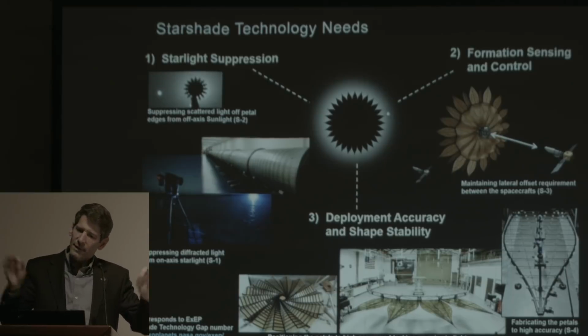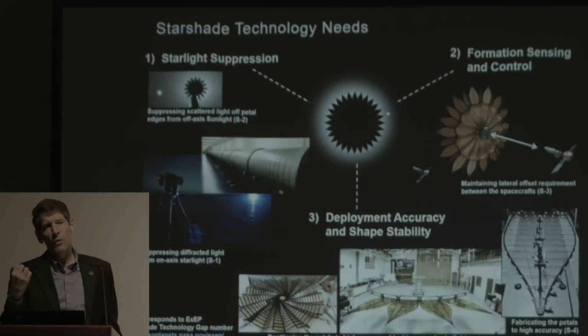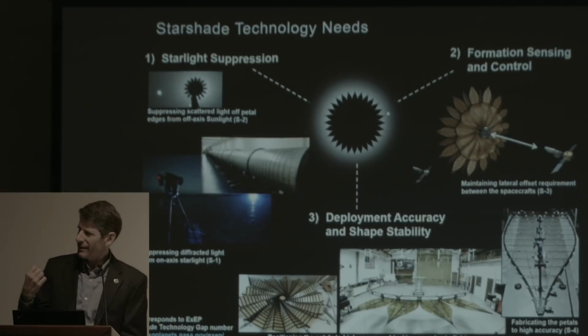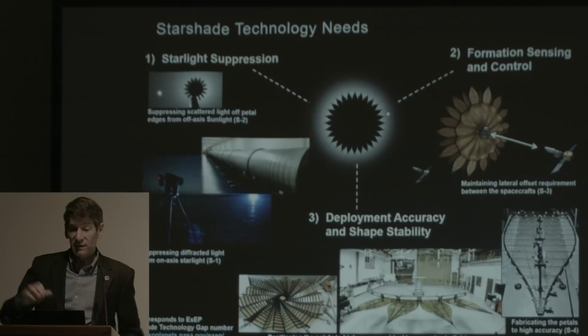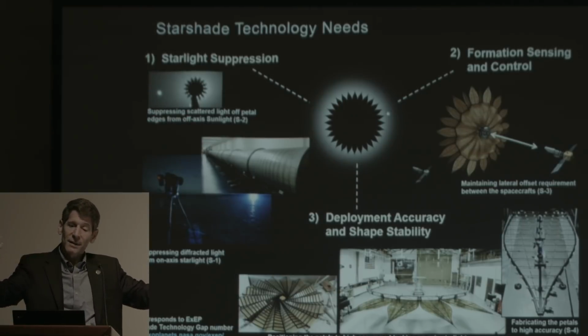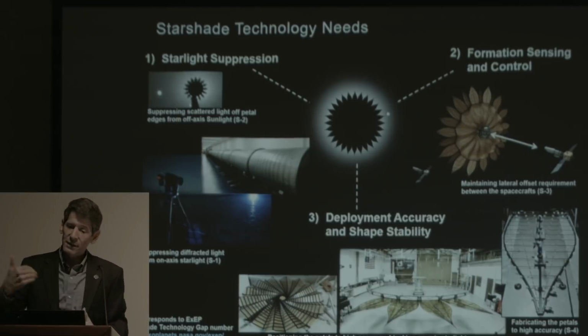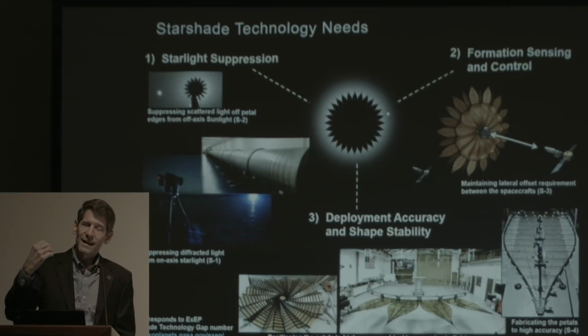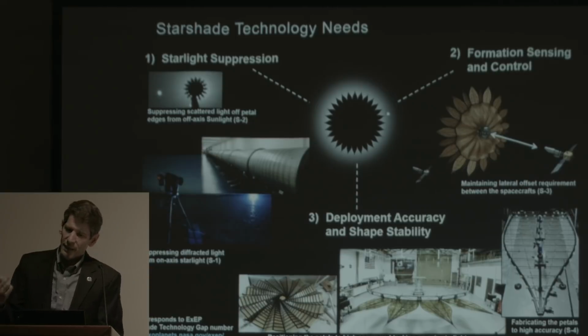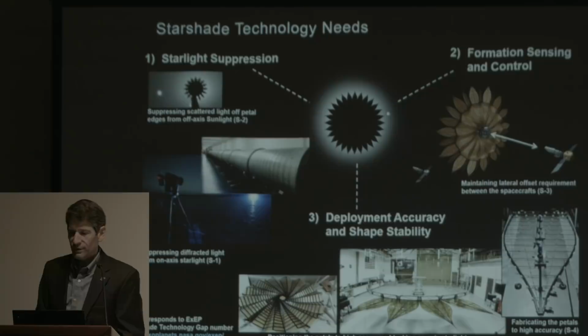In fact, part of the structural edges on this thing have to be controlled to within hundreds of microns in stability once it's deployed, because little imperfections can actually allow a significant amount of diffracted light to eventually enter your telescope. So it is an engineering challenge to build these things, but we actually think we're on a path to do this, and we're working towards getting a flight